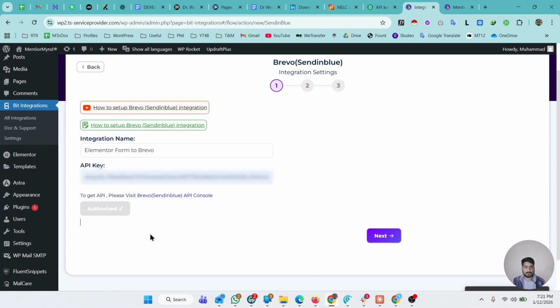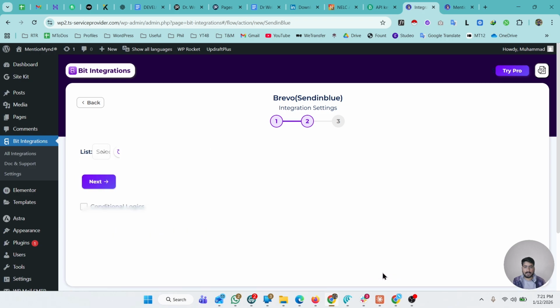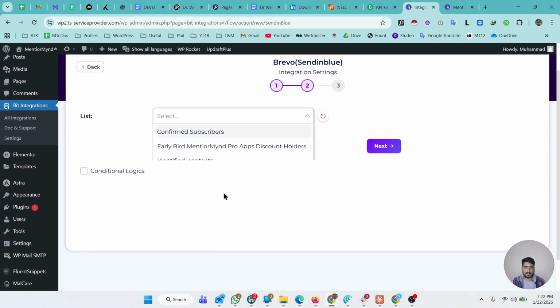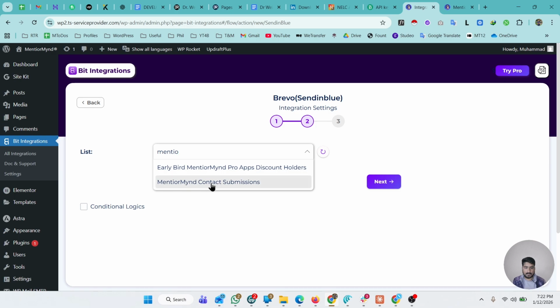Okay, once you authorize, it says authorized successfully, and then you can click on next, and here you will see the lists that you have in your Brevo account. In my case I have a couple of ones. Let's select the one we created. I think there is a glitch. Let's search for Mind, and here you can see that we just created this list,